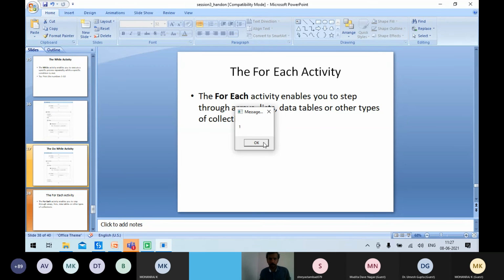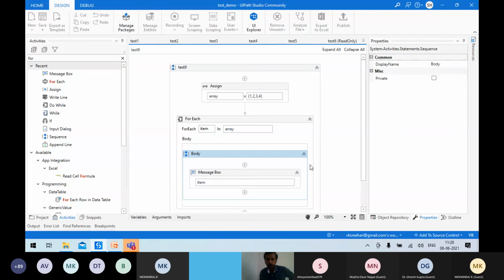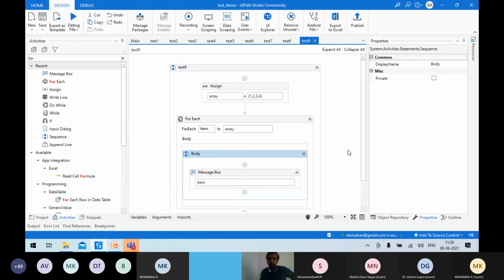So 1 is displayed. The values I've entered are 1, 2, 3 and 4. When we declare it as a variable array, it will display just the element alone. Here it is a repeated process: the first element is displayed, I say okay. Then it displays the second element, then the third element, then the fourth element, and now the condition is false, so it comes out of the loop and the program exits.